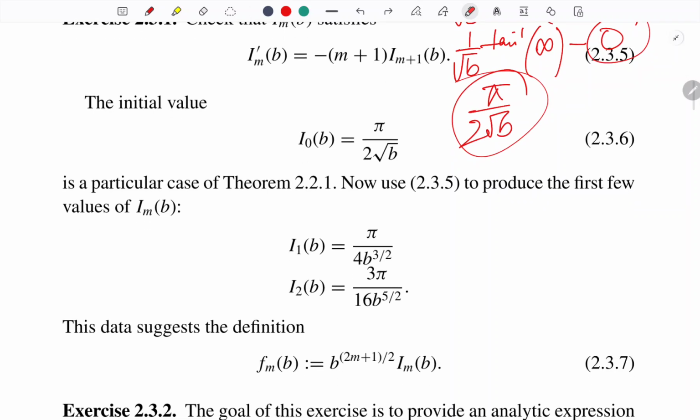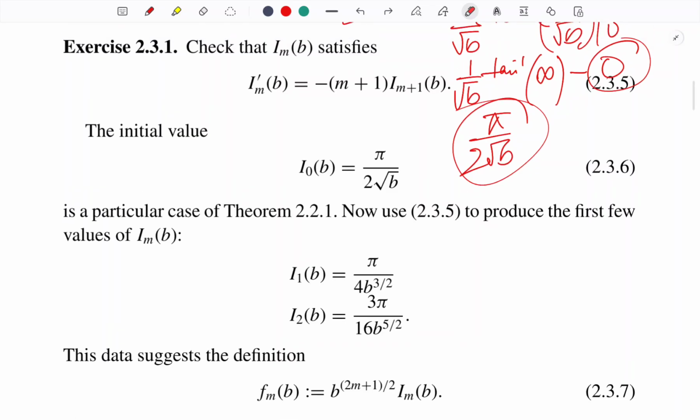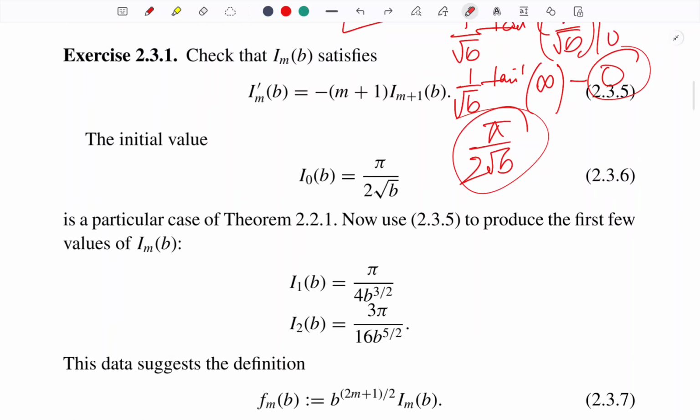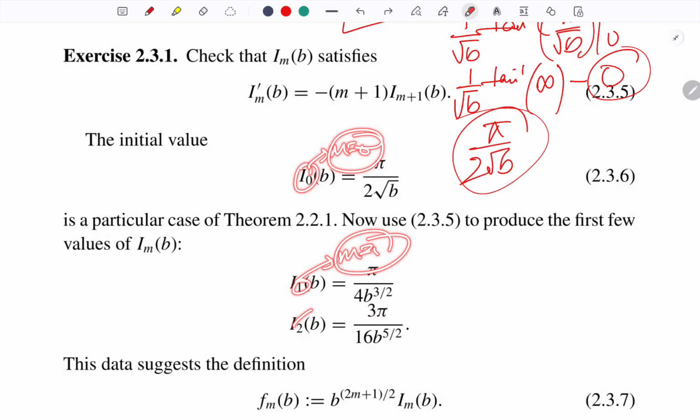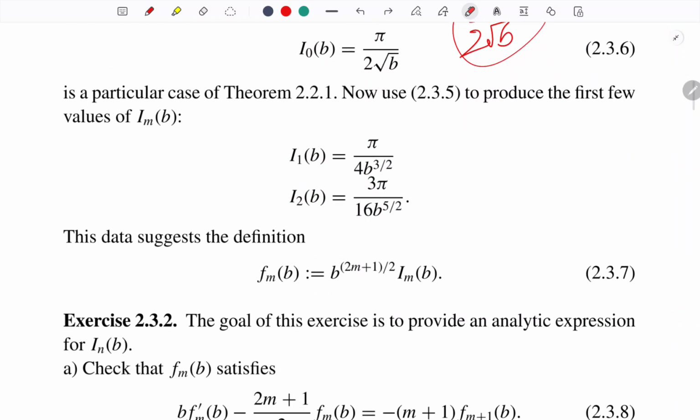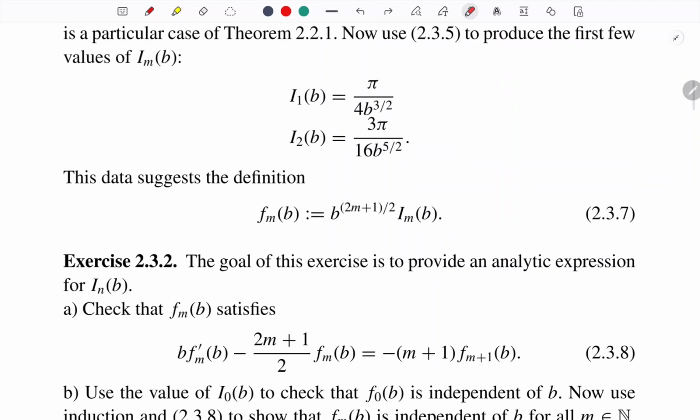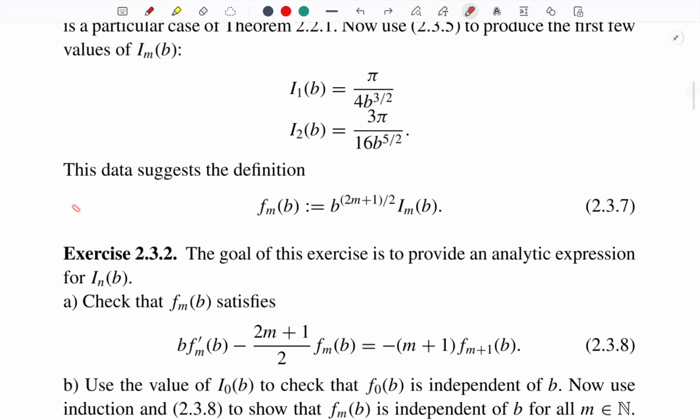Okay, so yeah, look guys, he is just calculating some values of m, after plugging in m as 0, like we have m as 0, m as 1, m as 2, and maybe he's going to just generalize it. The data suggests, I don't know what this is, but